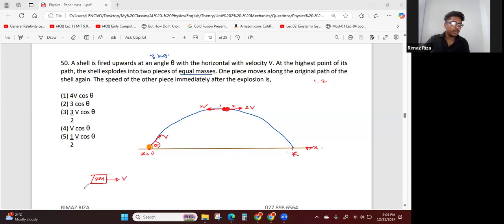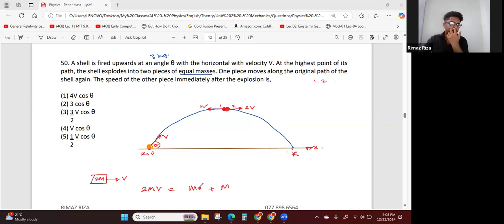So the momentum before explosion will be 2mv. And then after, if it explodes into two equal masses m plus m,